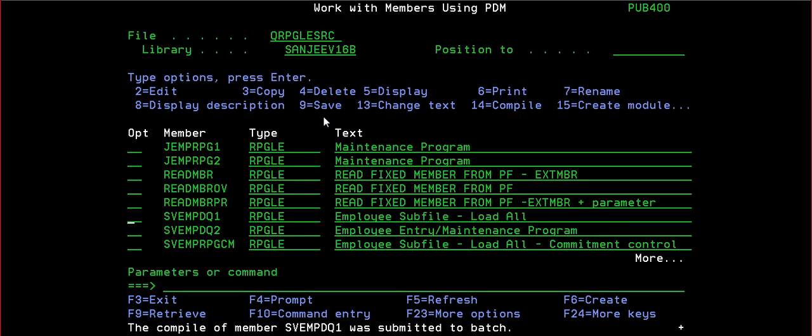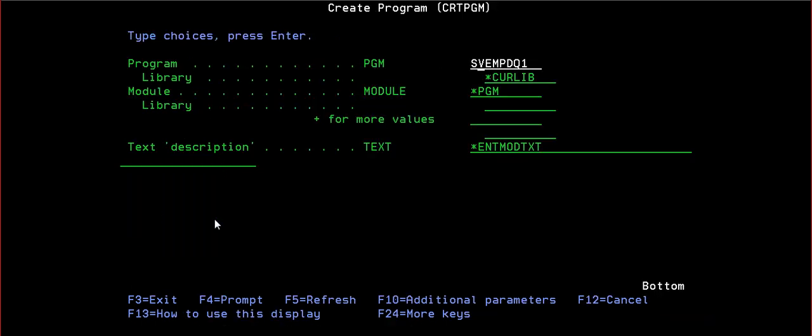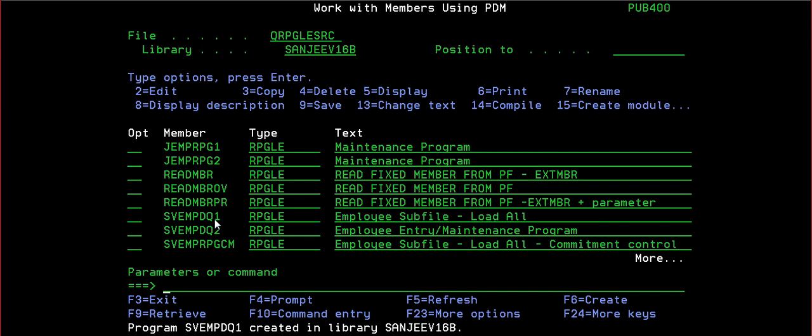Yep. CRTPGM. Yes. So we created the first program. So the send data queue part we did.